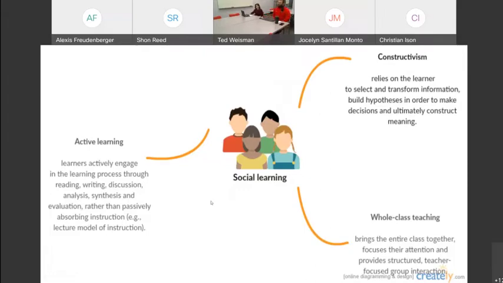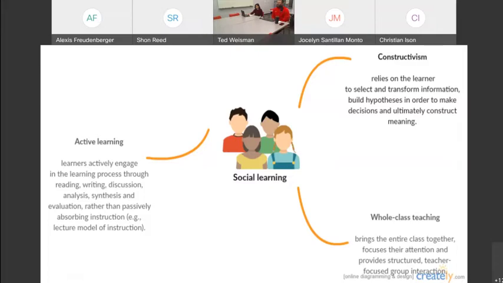For those who are unfamiliar, active learning is something that people have heard of very frequently, especially in teaching circles. And really this is about how people are presenting, and thinking about it in terms of Bloom's taxonomy, working their way through the process of remembering, understanding, analyzing, evaluating, those types of things. And then rather than passively absorbing instruction, they're actively engaging.